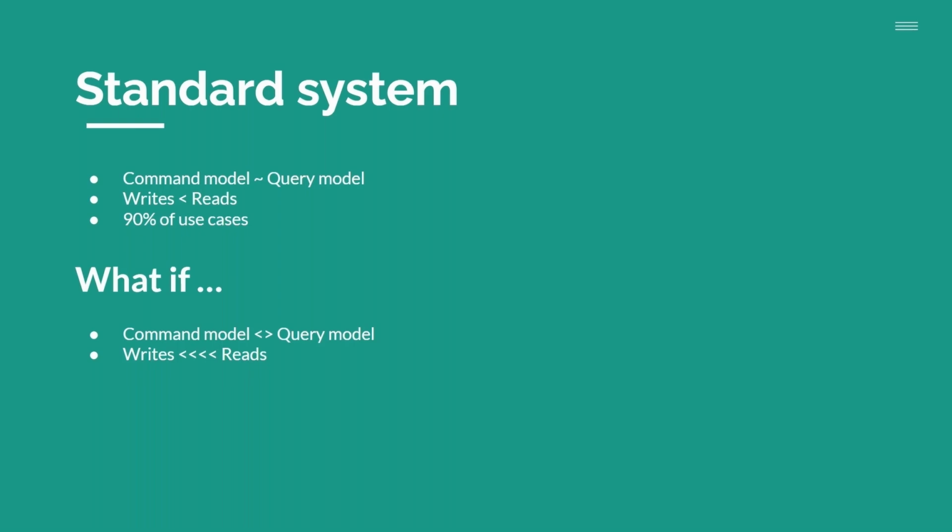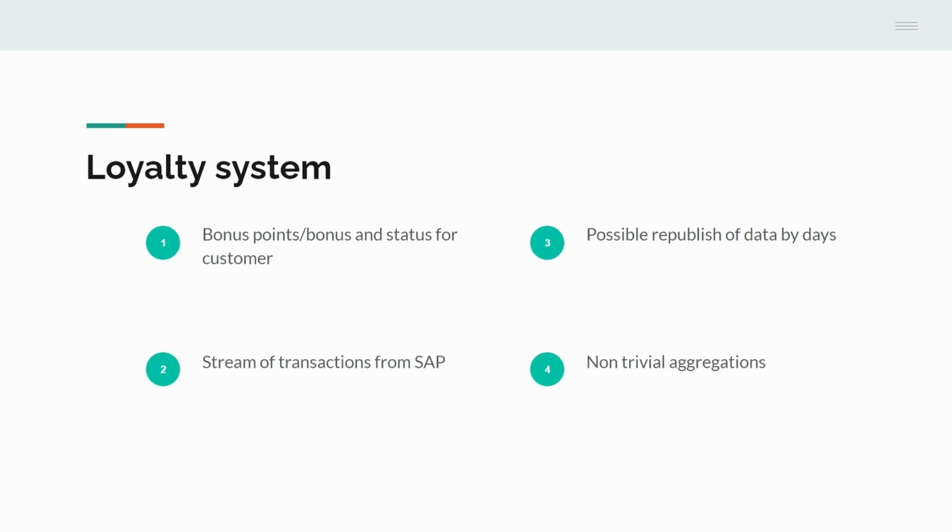And then we also have systems where the writes are really just the minority and the reads are all the time. So this is again the performance issue that I talked about earlier: if we write just a little bit, then the writing process can have just a little bit of the resources that we have. And if we provide a lot of data, we can focus on this provision side. So yeah, let's have a look at our loyalty system. So what's up with the loyalty system?